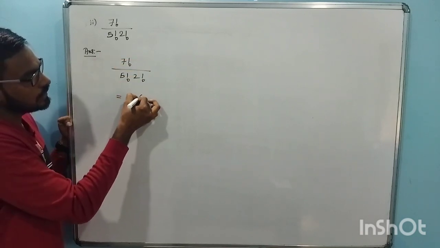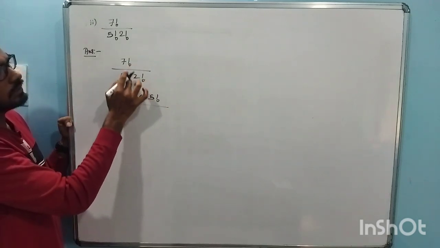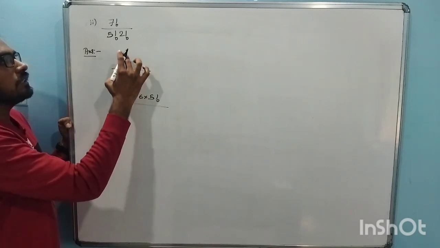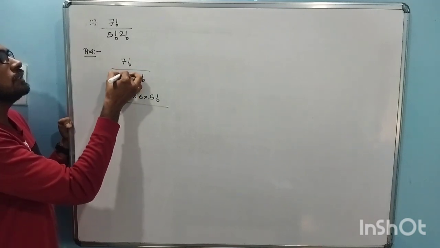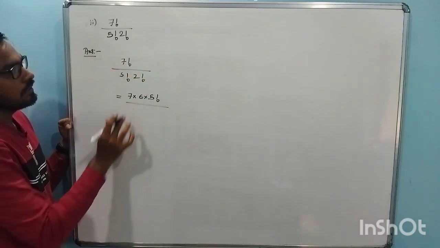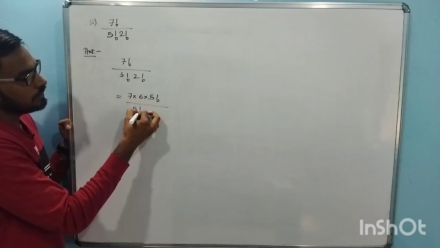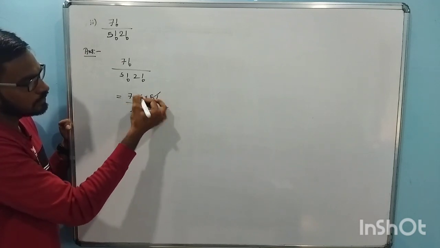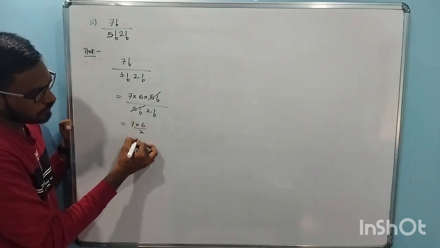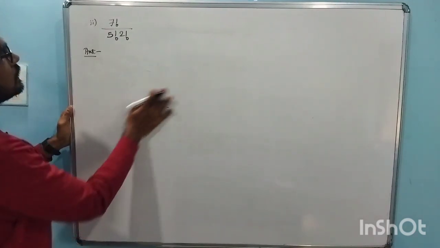Okay, 7 factorial upon 5 factorial into 2 factorial. You can write 7 factorial as 7 into 6 into 5 factorial, correct? I'll reach till this. I'll not reach till this because this is very small. Okay, so 7, 6, 5. Whatever number is near to this 7, that number we will pick. So from 7 we will reach till 5. It is easy. Then 5 factorial, 2 factorial. So 5 factorial goes, what remains is 7 into 6 upon 2, which is 42 upon 2, 21. Okay, so big numbers like this,